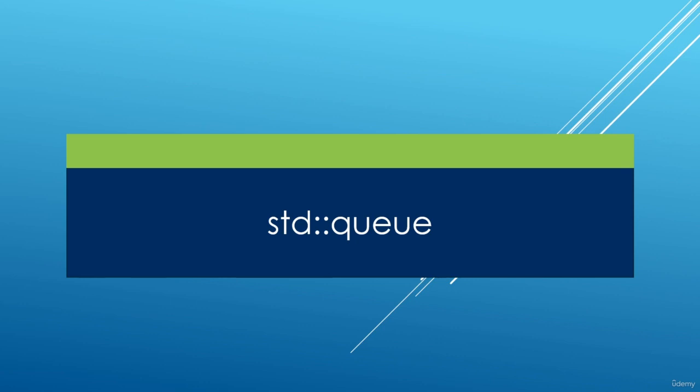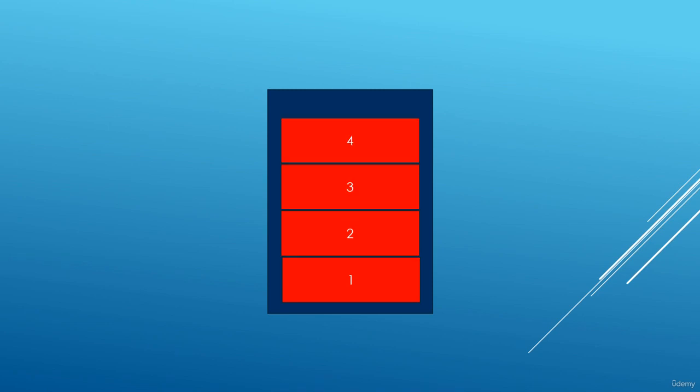In this lecture, we're going to learn about the std::queue container adapter. This is a container that is going to take things in from one end and things are going to come out from another end. And this is going to work in this way. For example, we can put in data. And if we happen to need to get data out, data is going to come out from the bottom,